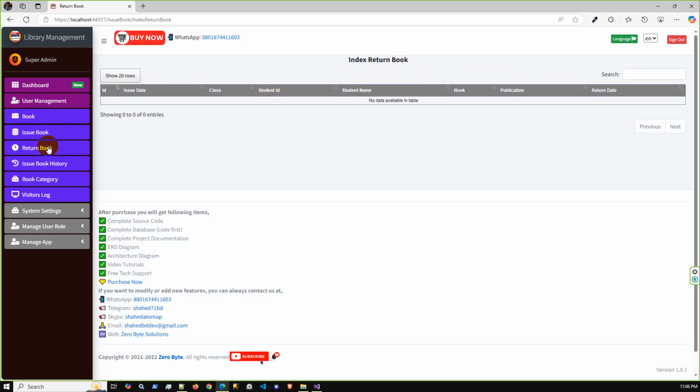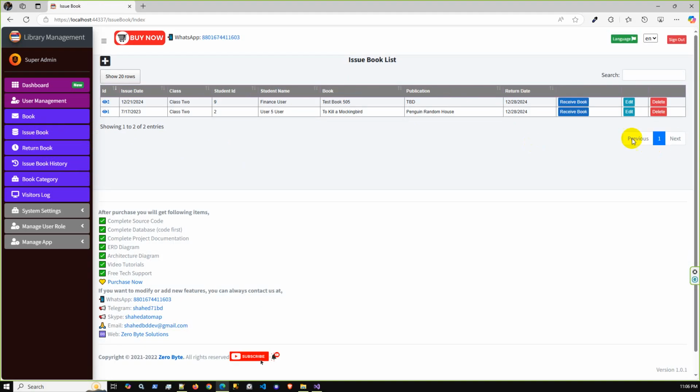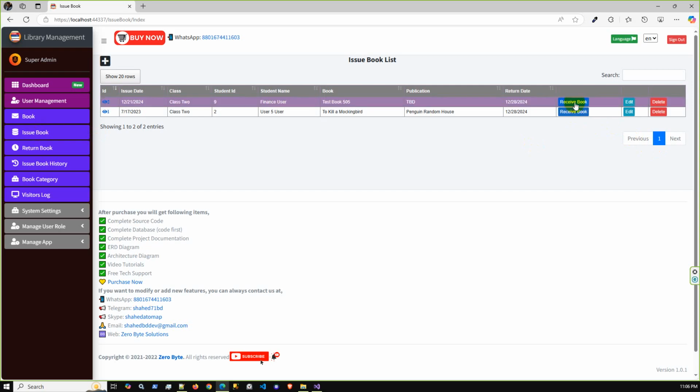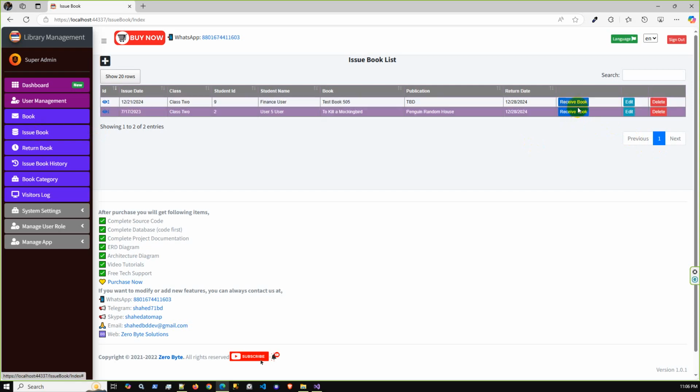So the common business logic here: you can create books, distribute books, and also receive books based on the return date. No book has been returned yet. In the issue book list, here is the action button, which is receive book. If you click receive book,